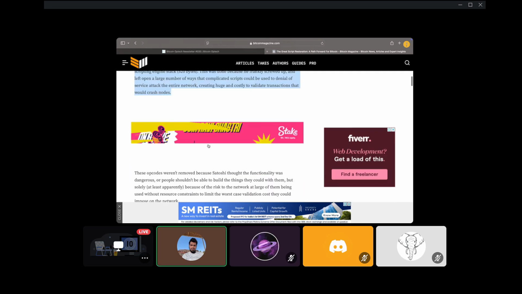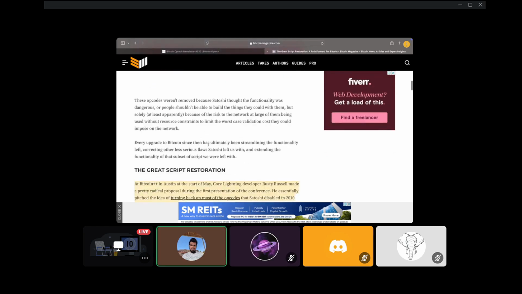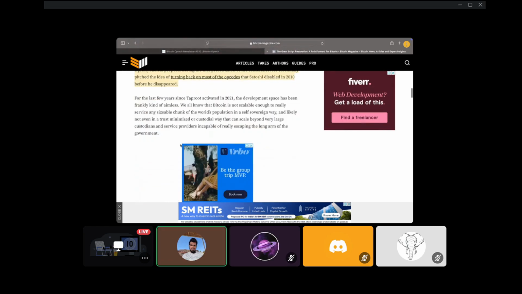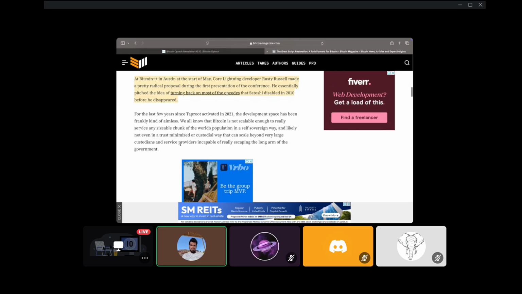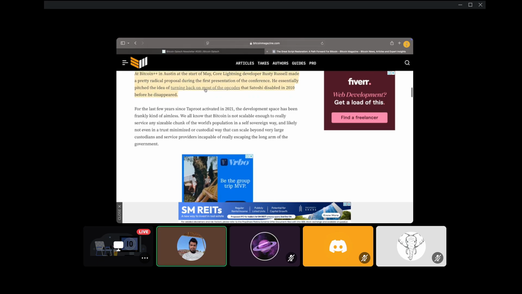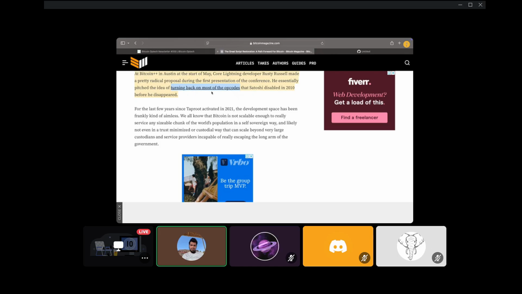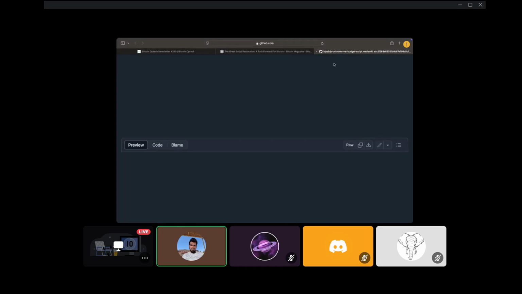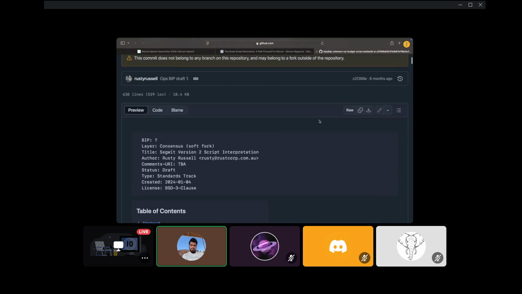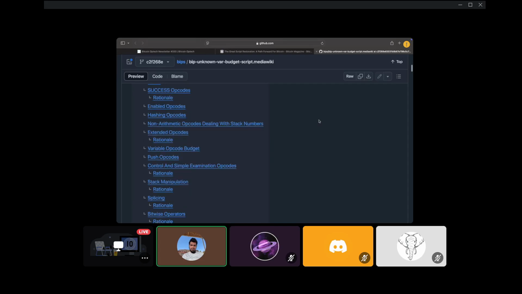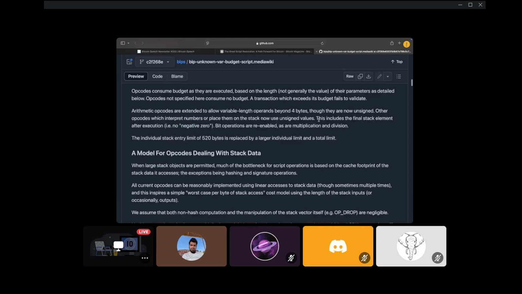So basically, there were a lot of opcodes that were a part of Bitcoin initially when Satoshi was working on Bitcoin. And before he disappeared and retired from working on Bitcoin, he disabled a lot of those opcodes. Okay, for different reasons. Some of the reasons might be known to us. He might have shared some of the reasons, he might not have shared others with us. The point being, there were a lot of opcodes which were active on Bitcoin, and later on they were deactivated.